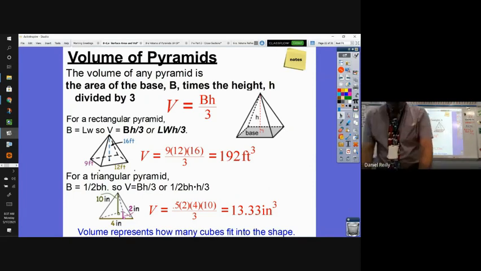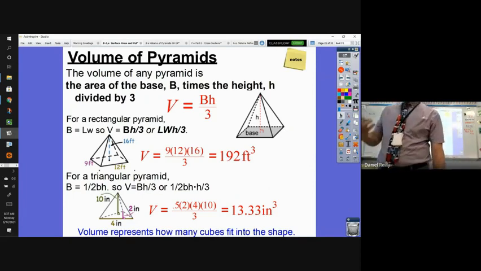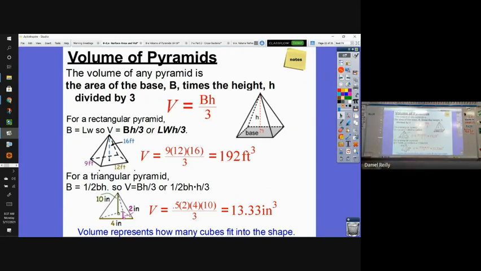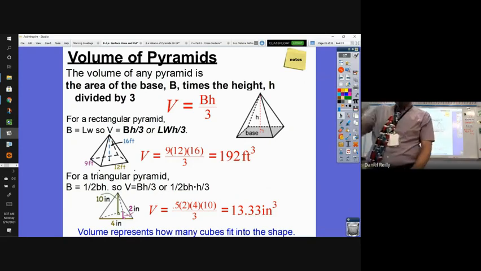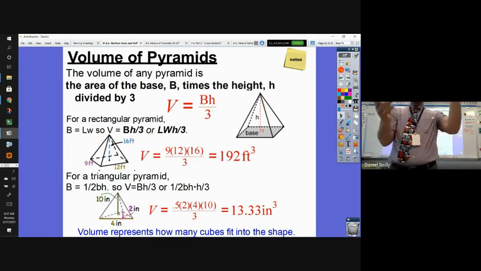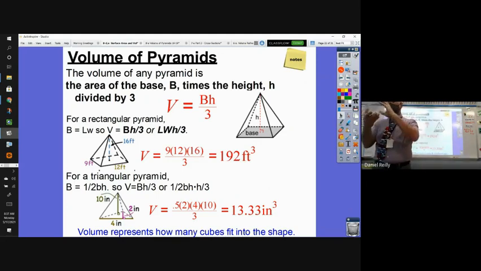All right, so if I were to fill this triangular pyramid, first off, let me point out that this triangular pyramid has the same triangle size as this triangular prism. The bases of these two shapes are exactly the same shape, same size, with no right angle. So if I fill this thing up with cubes to get the volume of this pyramid,